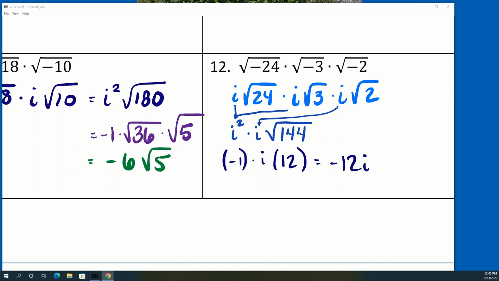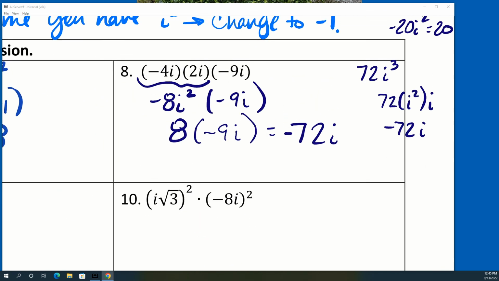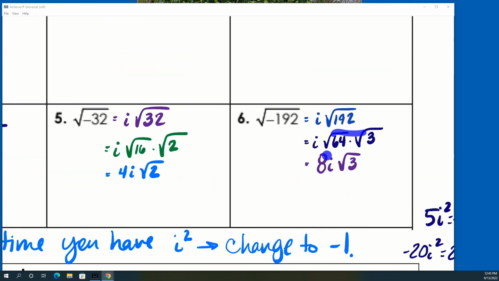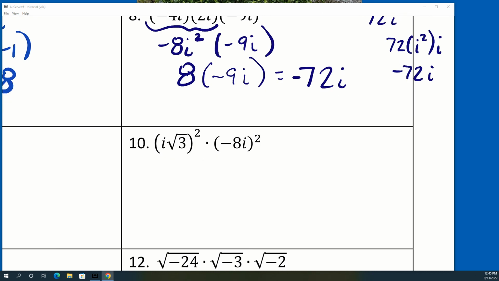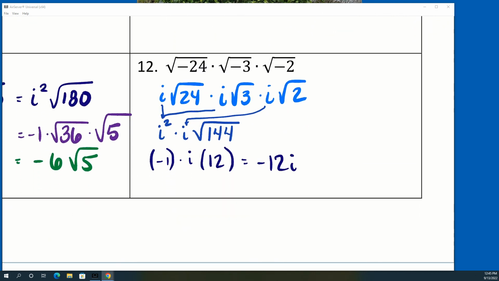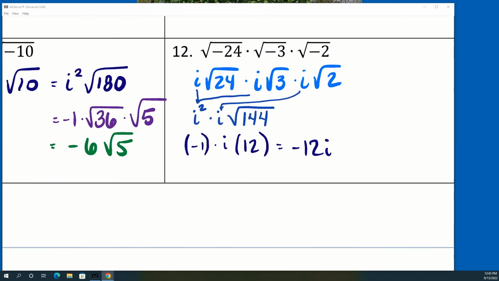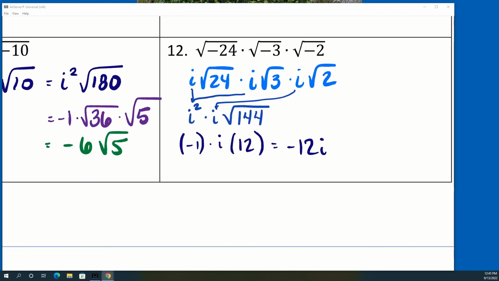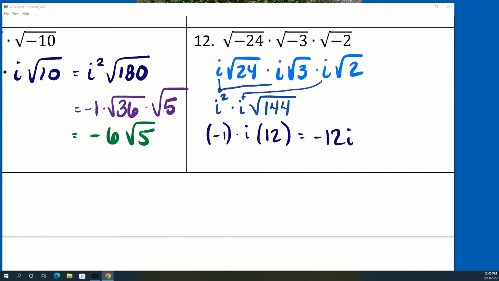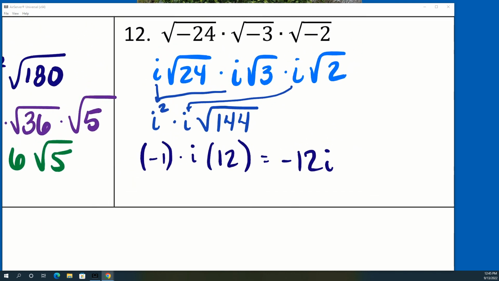What would you do if they're not like that? What do you mean? Like if they weren't square. If it wasn't a perfect square, we would do it like we did these up here. You'd break it down, find a square that goes into it. So the negative came from this negative 1, and the square root of 144 is 12. So you want to write that in front of the i. All right. So your assignment